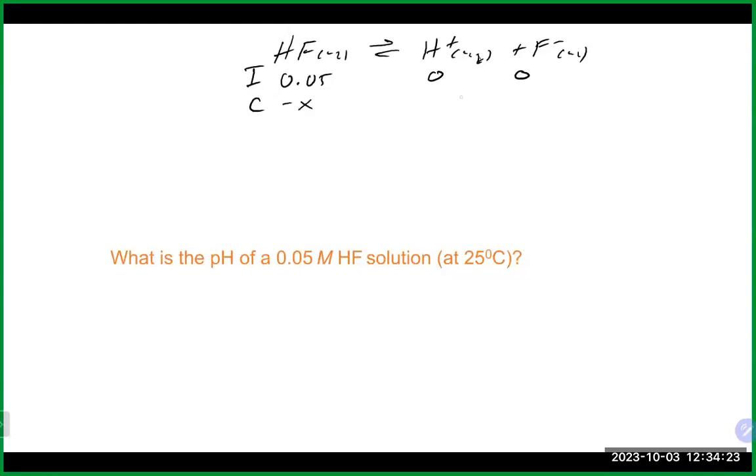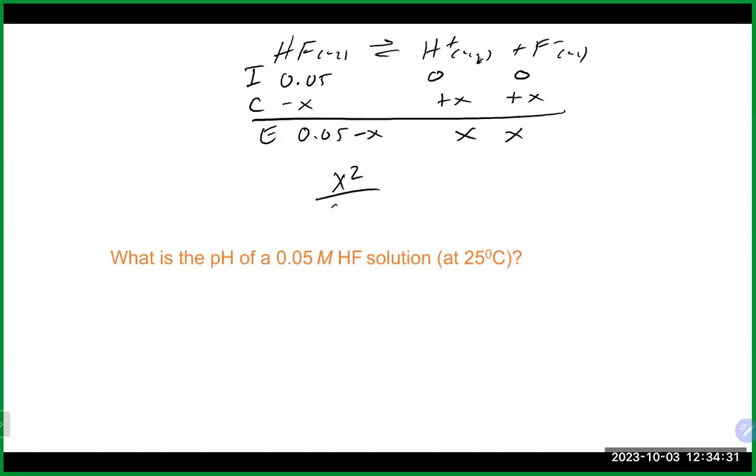Change would be minus X, plus X, plus X. Really, the only thing that changes is our initial concentration. That's going to give us X squared over 0.05 minus X equals 6.4 times 10 to the minus 4, right? Now, if we make our assumption and assume X is equal to 0 in this case,